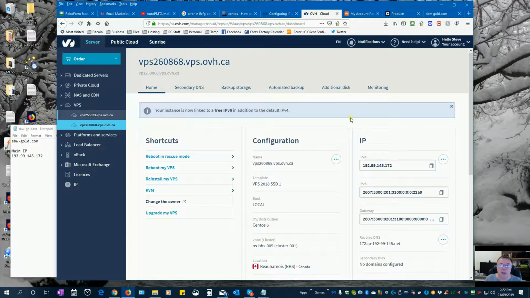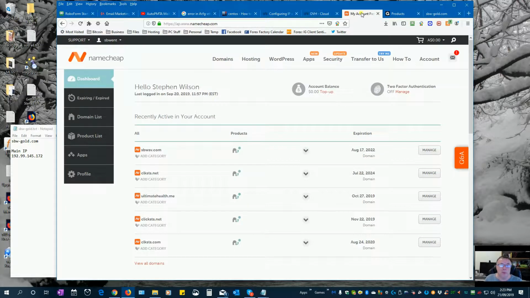So to get started, we've got our IP address. We just need to now set up the name servers. Now there's two name servers that I use. One of them is Namecheap and the other one is GoDaddy. My previous VPS that I've set up is with Namecheap, so I'll show you the steps involved in that one first. All we need to do to start off with, click Manage,